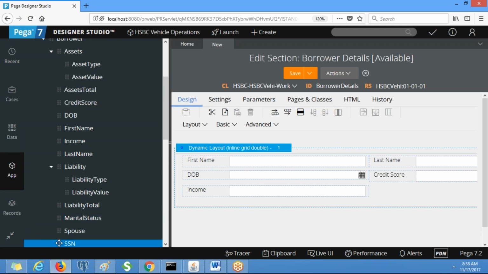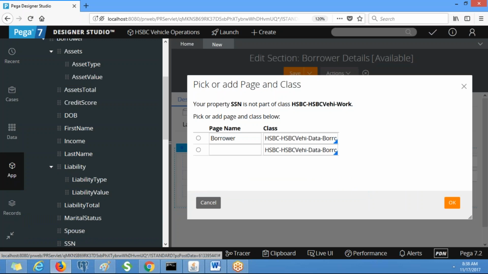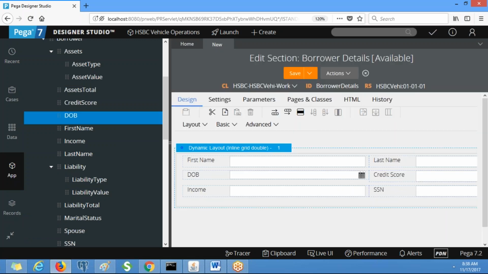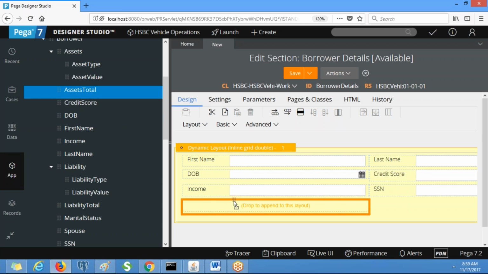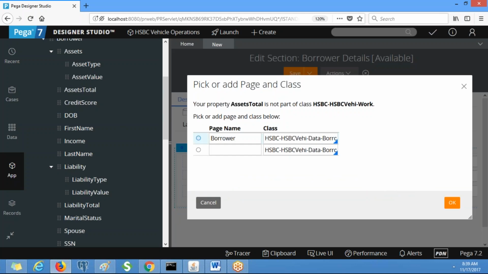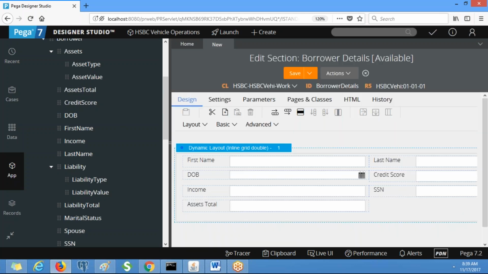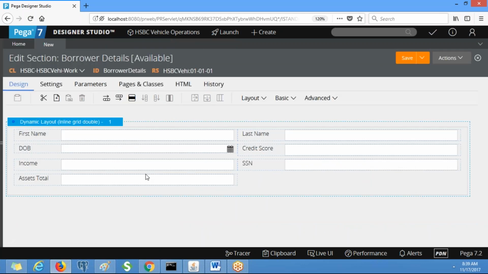We have SSN, right? So drag all the properties which are related to borrower information.